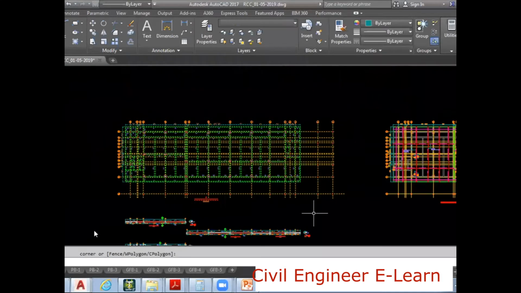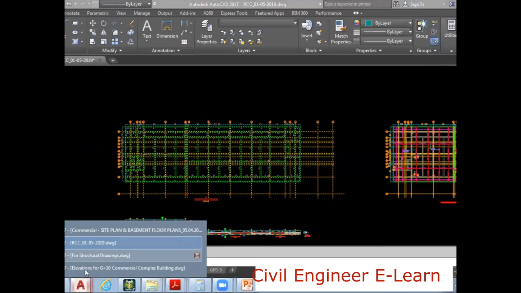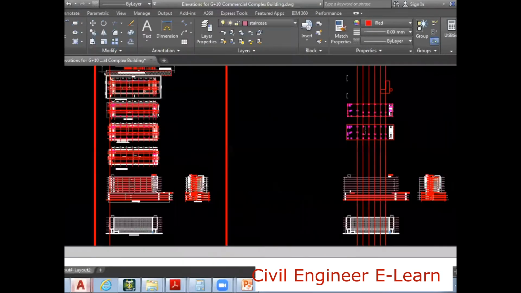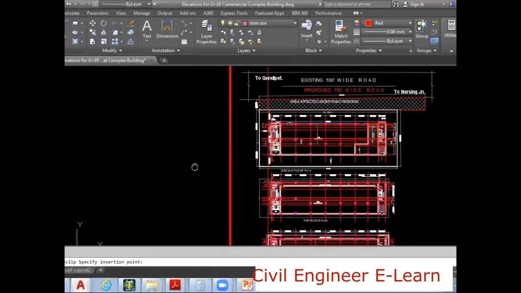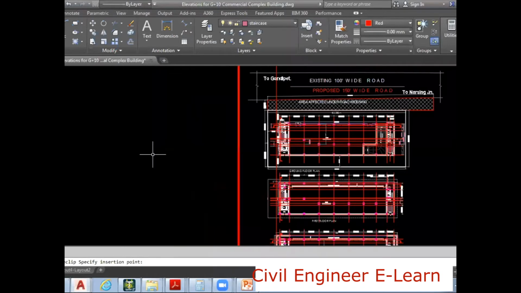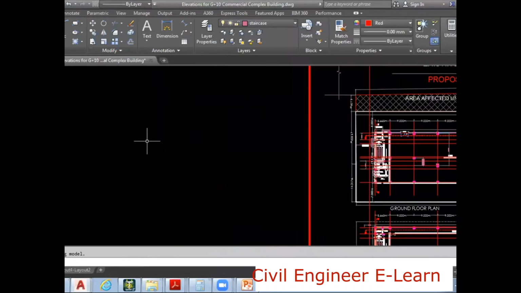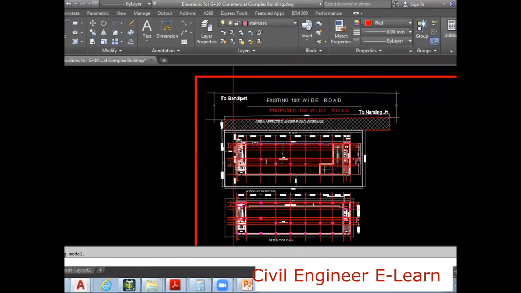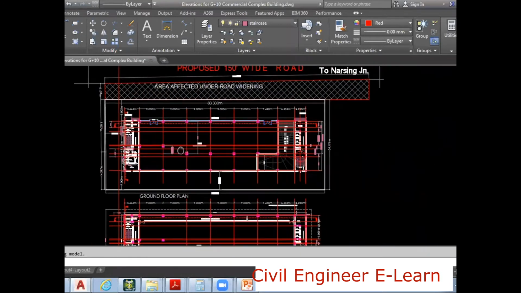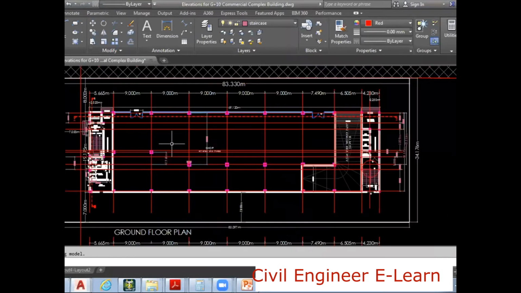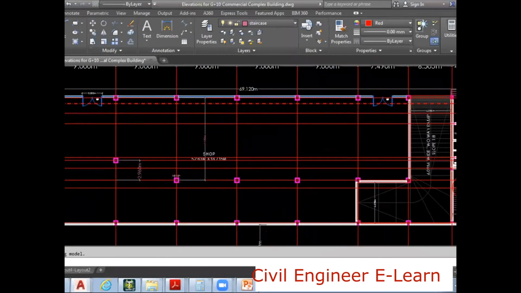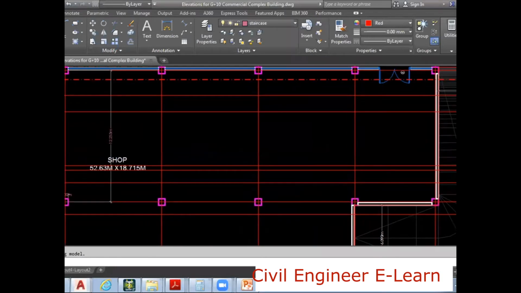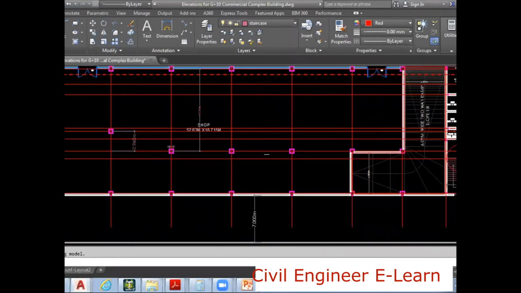I'm going to use this commercial file, this one, sorry. I will paste here. Sorry, it is not pasted, I think. Anyway, no problem. So I don't have columns here. I don't want to continue with this one. See, this is the ramp columns very next to this. This should not be extended. Here also, see, from here.